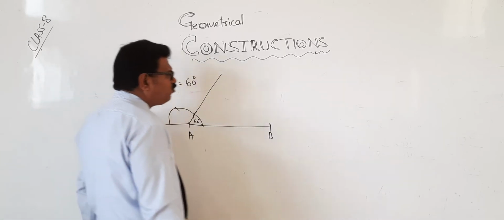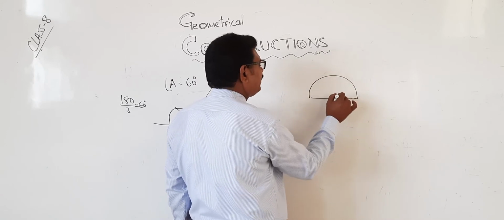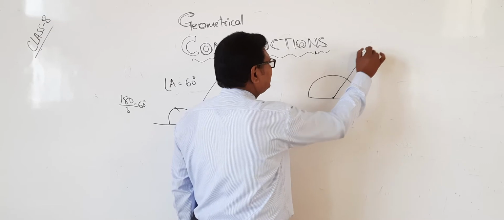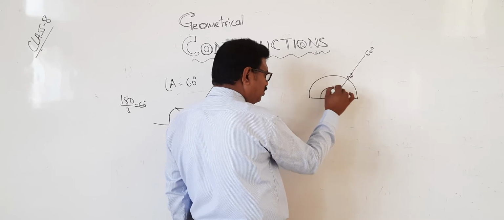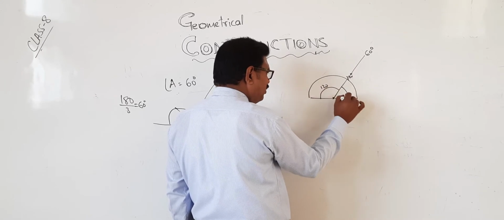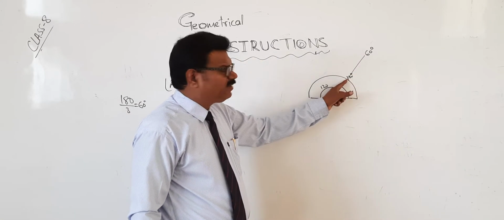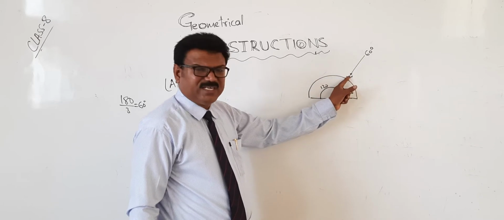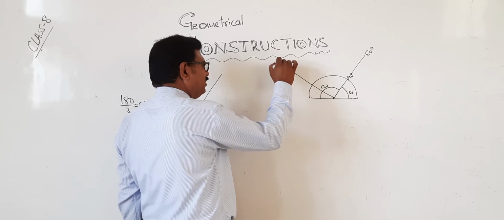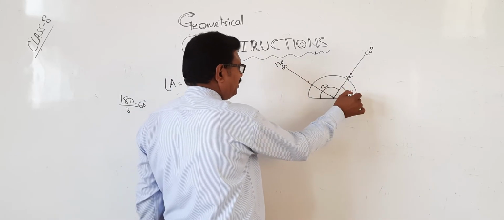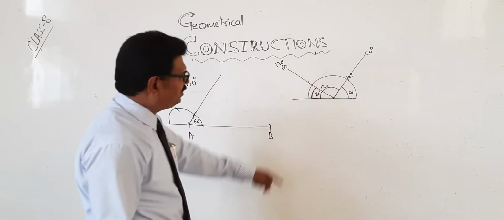Sometimes what happens, if you observe the protractor, it is 60 degrees also there, and one more angle 120, same line. If you do like this, it will be 120. If you are seeing the right side, it will be 60. But both are lying on the same line only. 60 also will be there, 120 also will be there. 120 means from here to here. 60 means only from this side, 60 degrees like this. Okay? So this is very important.